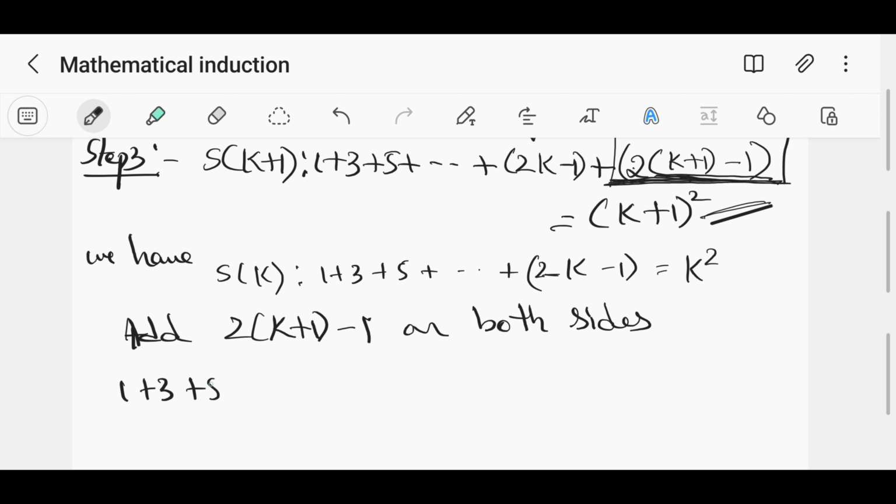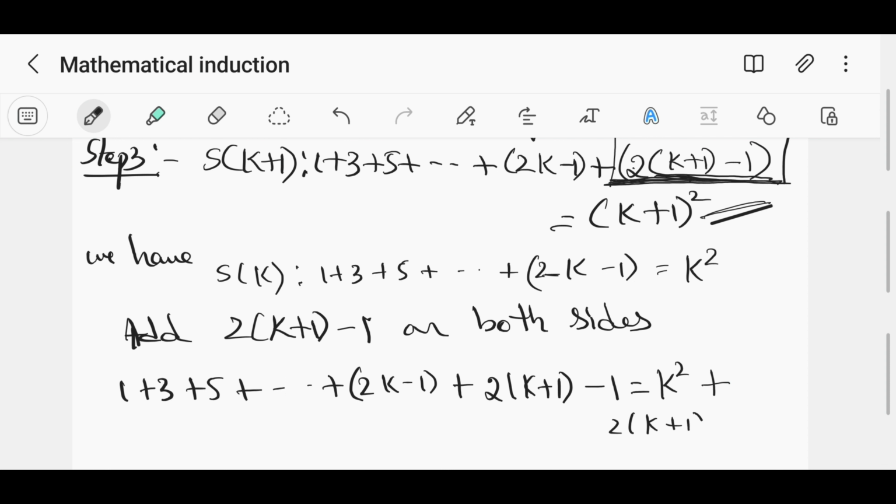1 plus 3 plus 5 plus so on plus 2k minus 1, this is one term, plus 2 times (k plus 1) minus 1. This term, you have to add to both sides. So this is equal to k square plus, again the same term, 2 times (k plus 1) minus 1. So with this we have to prove